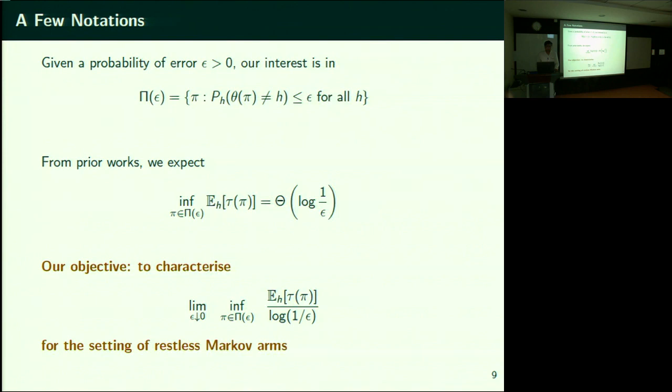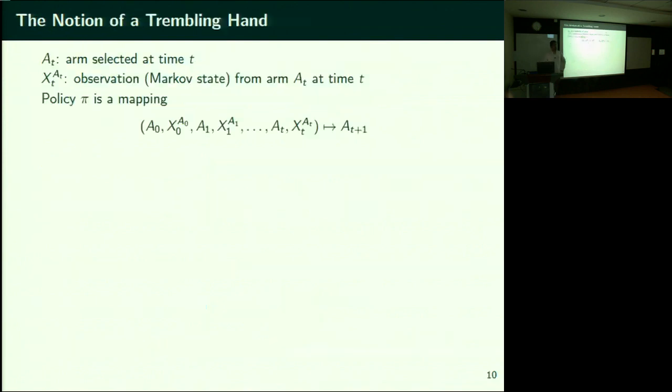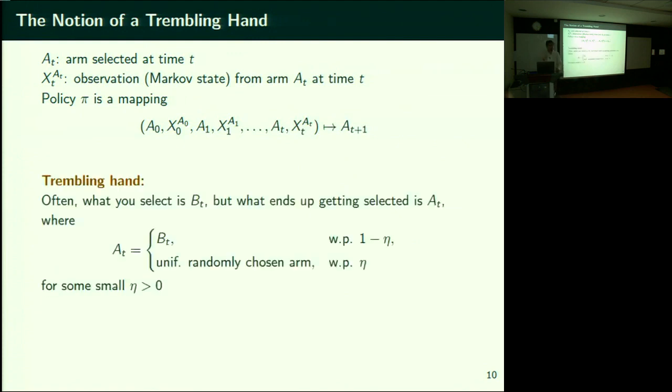In these visual search experiments, often what is observed is the following. You want to look at a certain location, but somehow you tend to sample a location that's different from that with a small probability. Mostly you will be focusing where you intend to focus, but you tremble a bit and then you focus at some other point. This is what we are going to call a trembling hand. What is a trembling hand? You intend to focus at location BT, the arm, the movie location, but what your eye actually ends up focusing at is some other location AT.